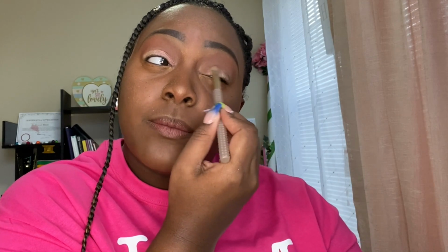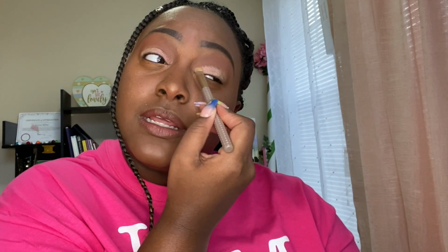And I feel like this is one of the most basic looks. Not basic in a bad way, but this is one of the most basic looks I have, because I literally am only using 2 colors in the palette. And usually I'll use like at least 3 or 4. Because if you watch my eyeshadow tutorial, then I think I used maybe 3 or 4. I can't remember, but